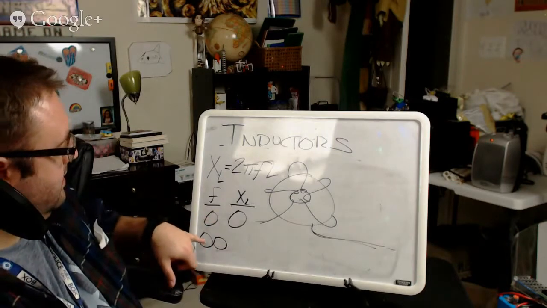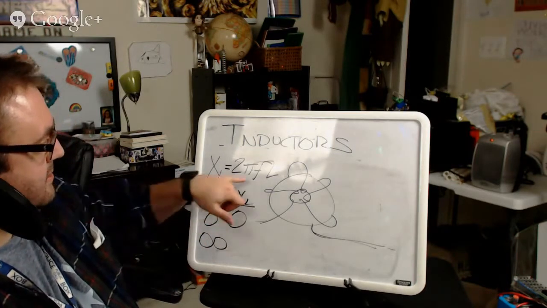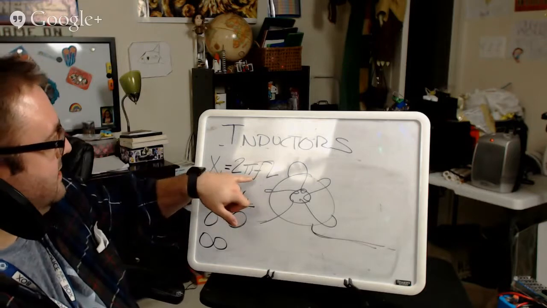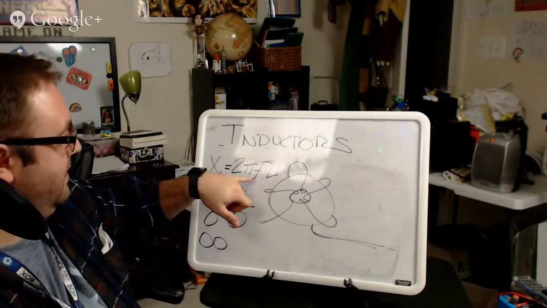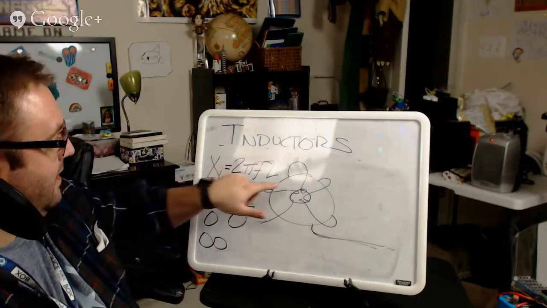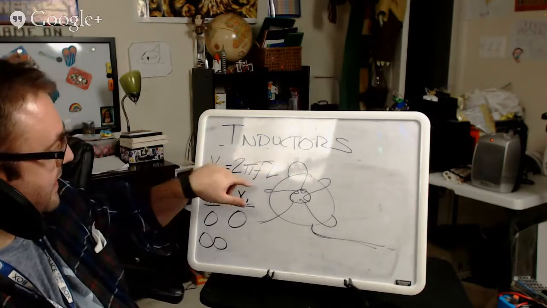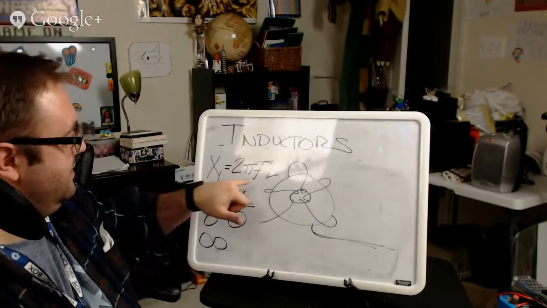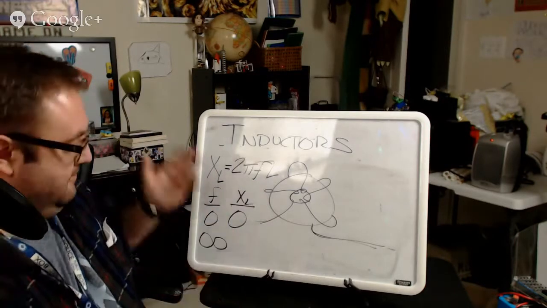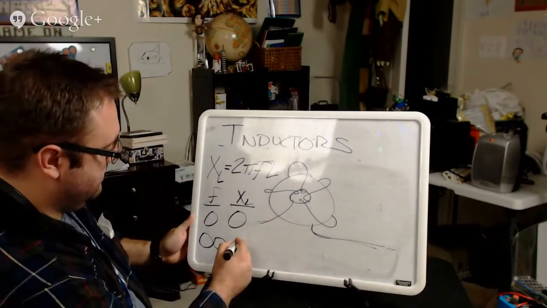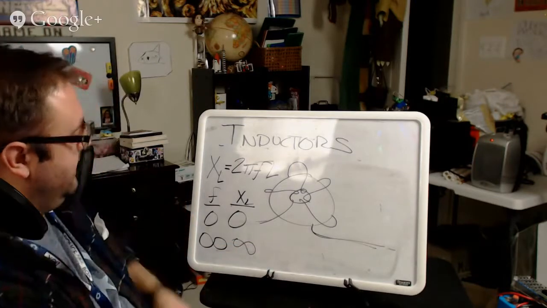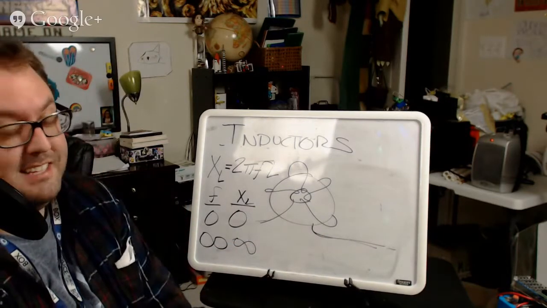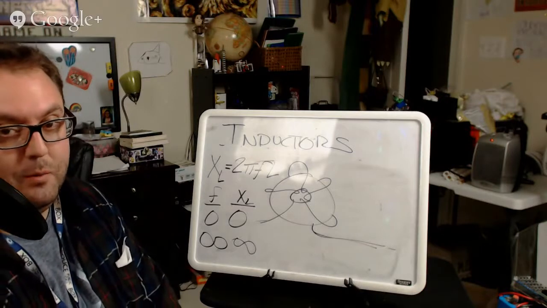Conversely, when the frequency goes really high, what happens in the equation? Well, this goes to infinity. These other numbers, the 2 pi and the L, don't really matter what they are. If I'm already going to infinity with this, they all multiply together. For all intents and purposes, I'm going to infinity. In other words, my reactance is going to get really big